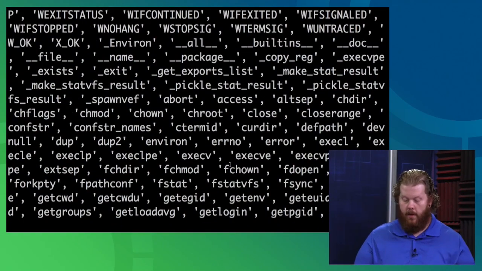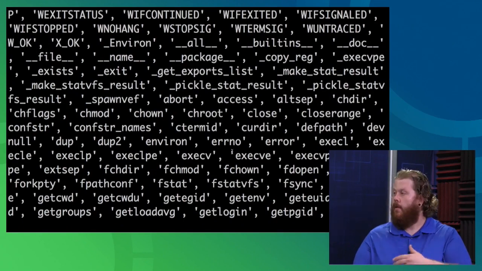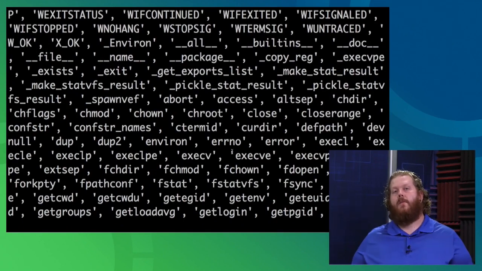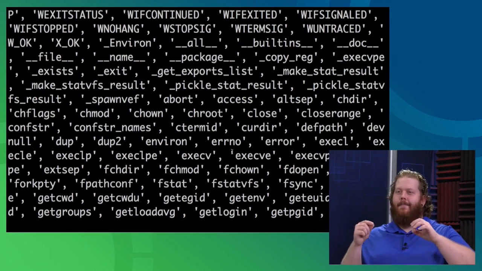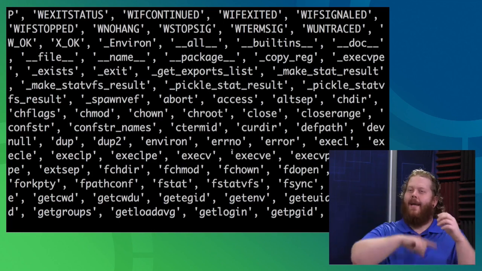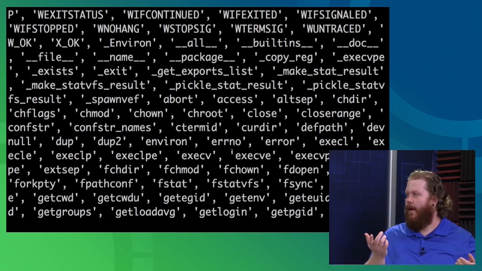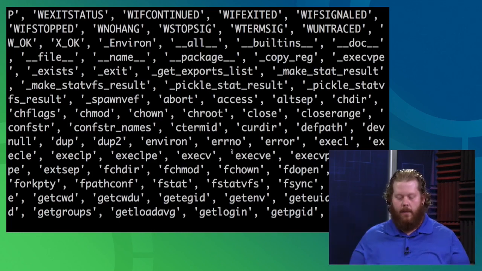CP does actually work in the terminal, but I'm glad you brought this up. Not everything is there, and the reason being is I could simulate a copy by reading in the file and writing out the file in a different location. So I could make my own copy. So that's typically not in there, but some of the more things,